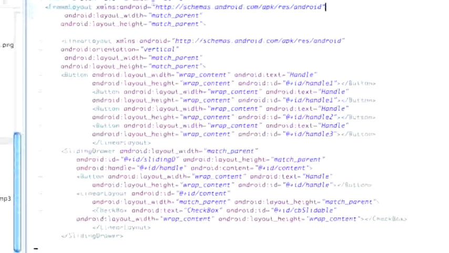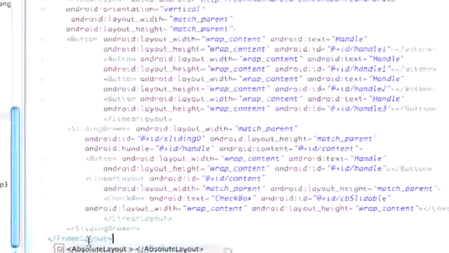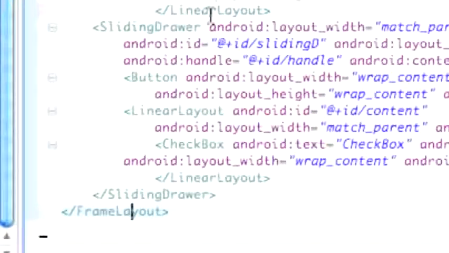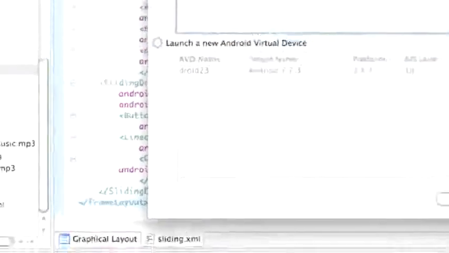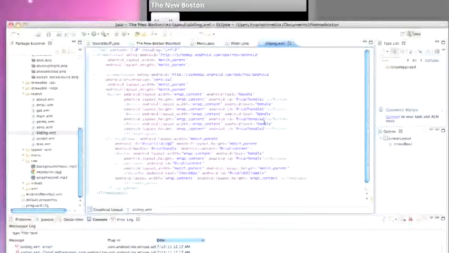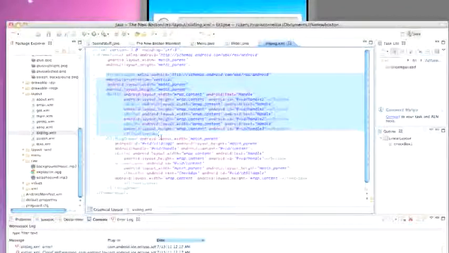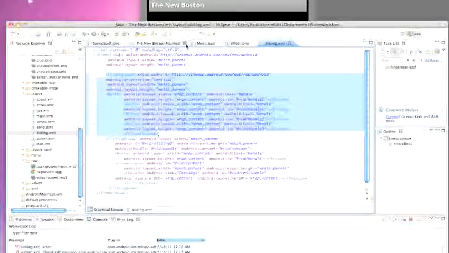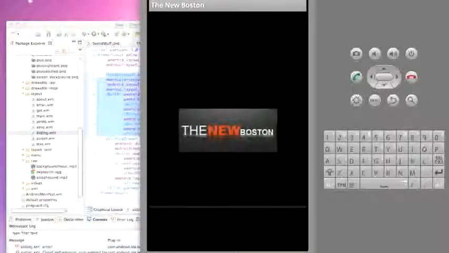So that's what we're going to set up here to encompass our whole class. And then we just have to close off our frame layout here below our sliding drawer. So now when we run our application, it's going to get buck wild. Basically what's happening now, again, our linear layout still controls all of our buttons, but that's still within our frame layout, where it's like, hey, who really cares what you guys do? So as you see when we run this now,